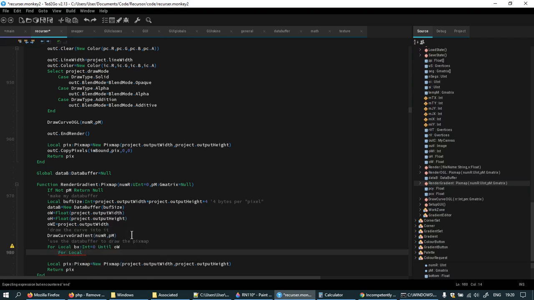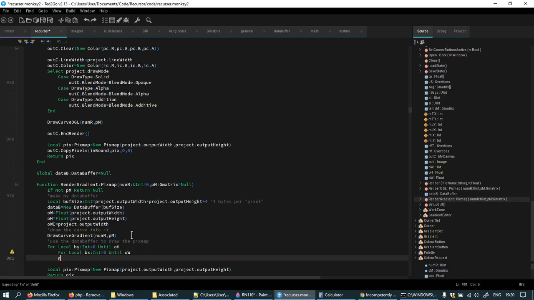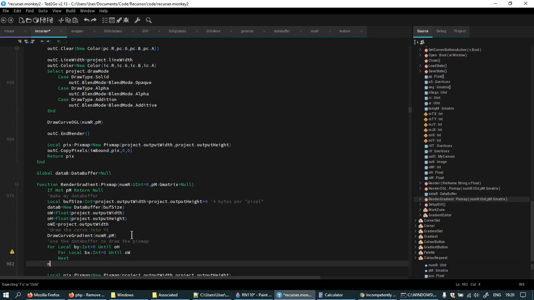For local bank y int equals 0. Oh, no, I'll do bank y on the outside. Sorry, silly as usual. Bank x equals 0 until output width. Next,